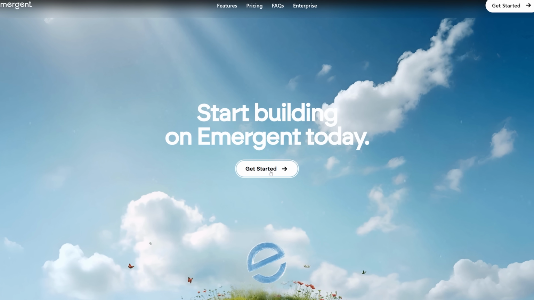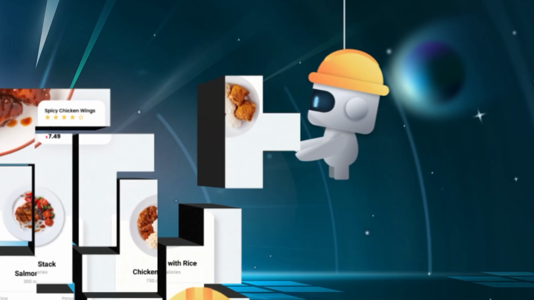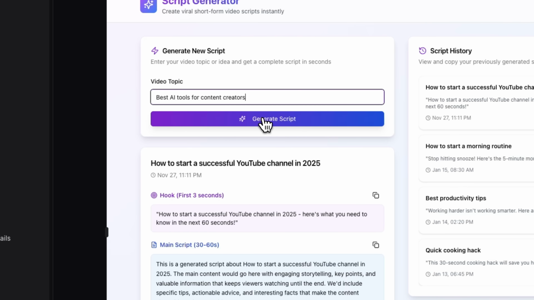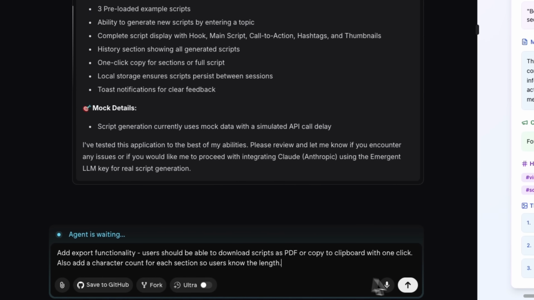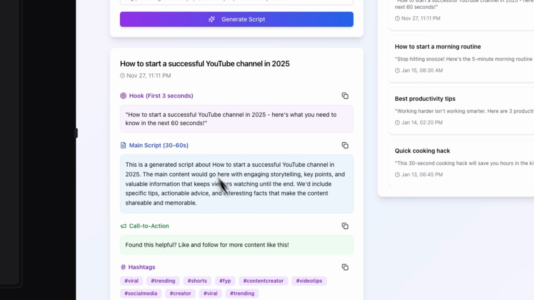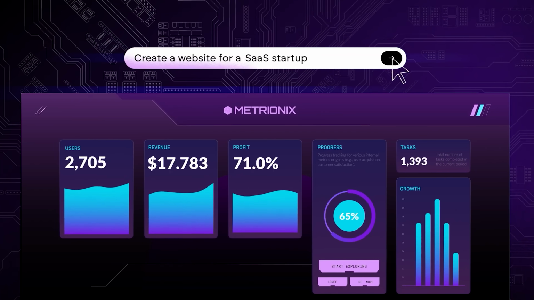Today, we're exploring Emergent, a tool that doesn't just create pretty interfaces. It builds full production-ready apps, complete with backend and AI integrations. You even get real-time features without any messy setups. We're going to build a fully functional AI script generator that turns a simple topic into a ready-to-use video concept in no time. With just a few inputs, you'll see how the platform instantly generates a polished, creative result that's